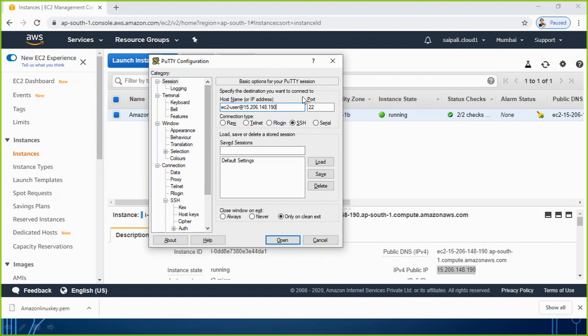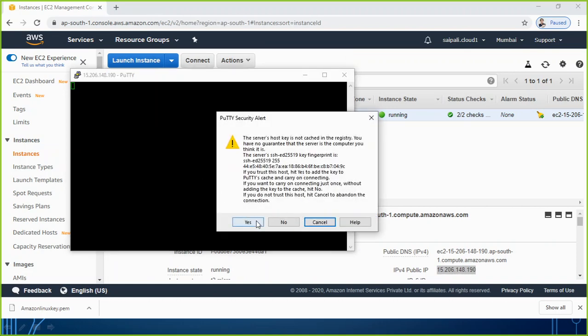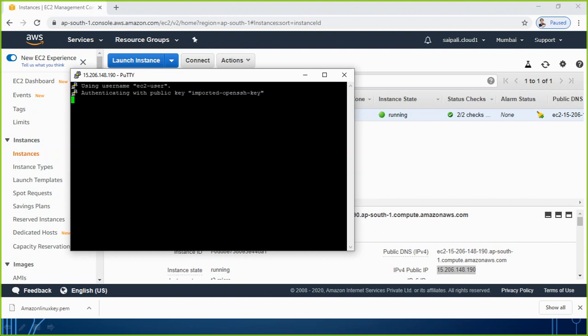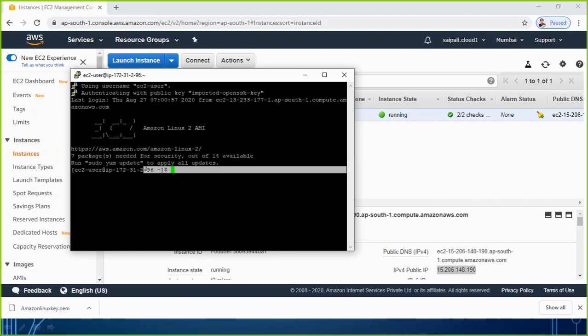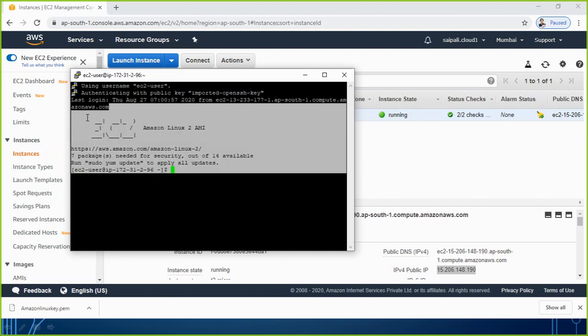If I repeat, this is the username at public IP. What I am doing is SSH with port number 22, and I have already added the key. So now if I click on open, I am going to just click on yes. This is just a confirmation trust message. So I again get the console of my EC2 Amazon Linux instance.